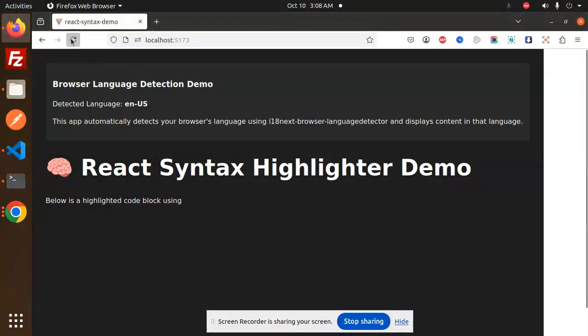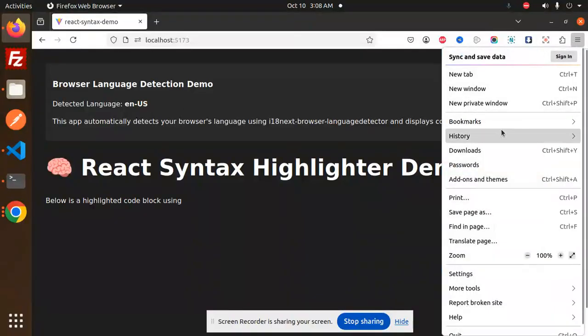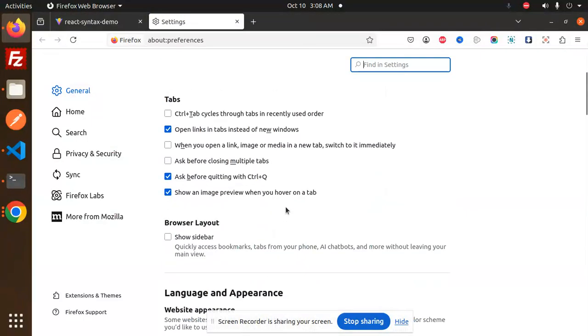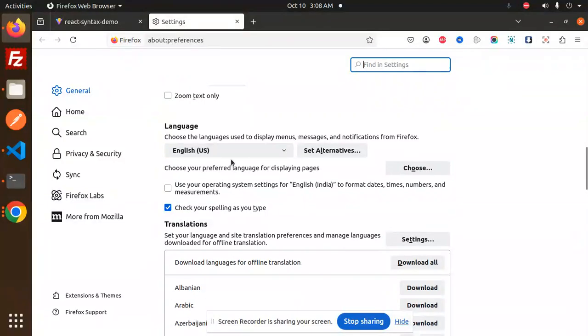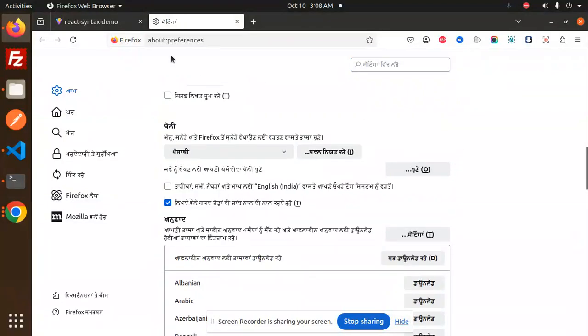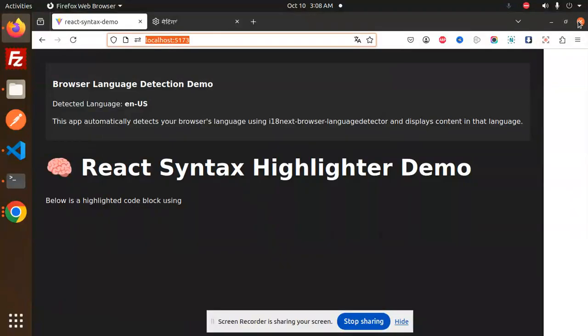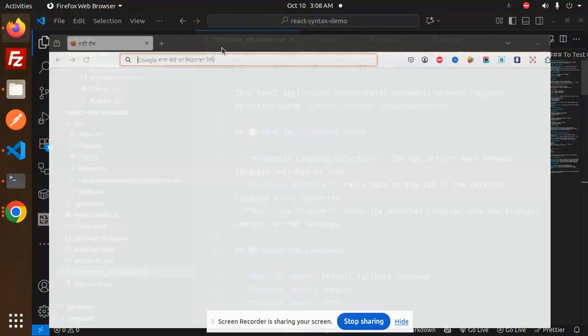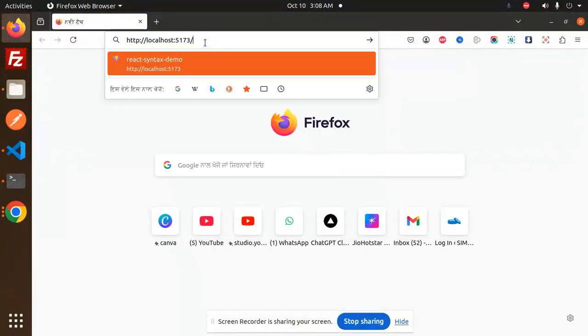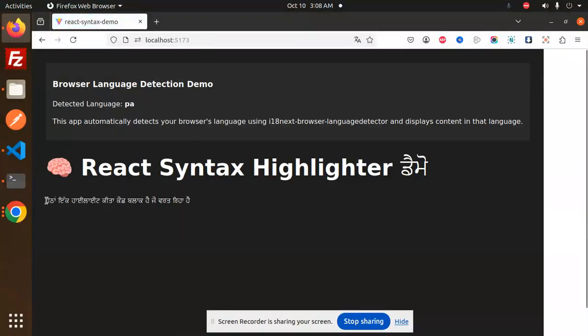Currently my browser language is English. Okay, now go to the settings. Here I'll change my language. Currently it will not reflect unless I restart the browser, because it needs to reset. Now the language is changed. If I go there, here you can see that Punjabi is there and PA is the language code,